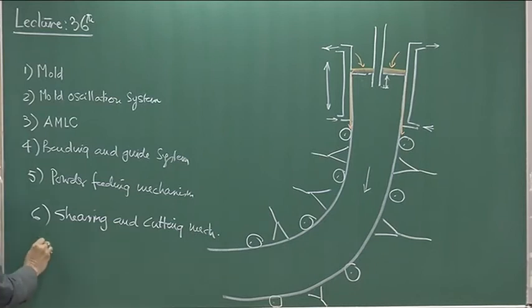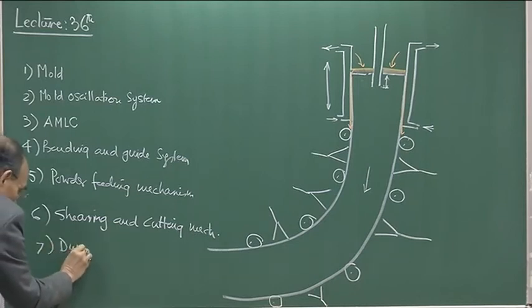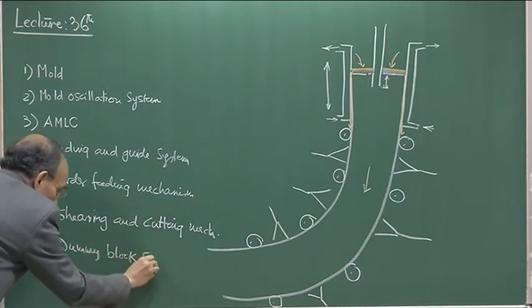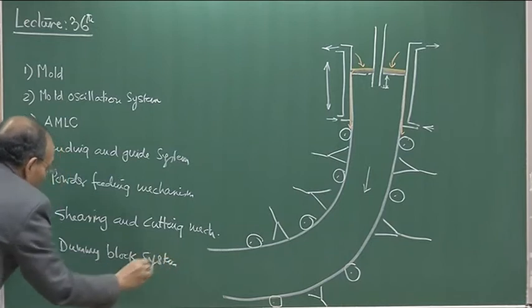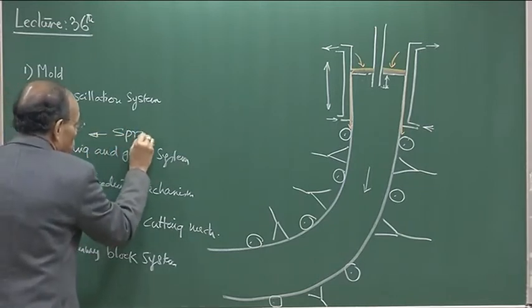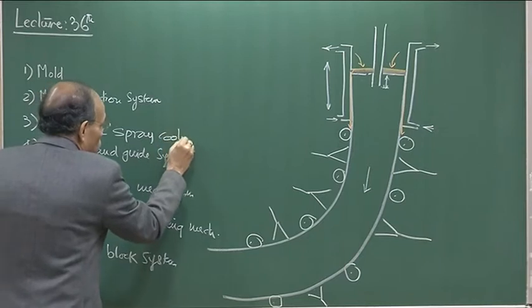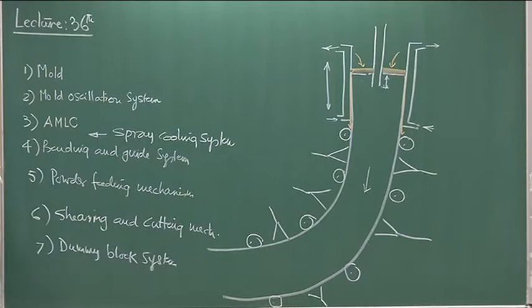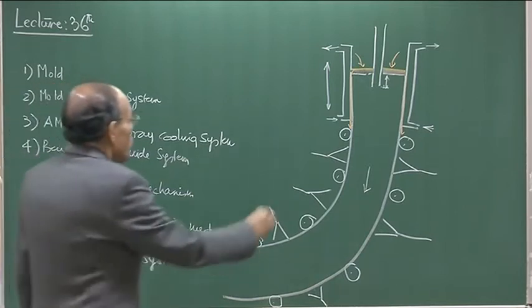The dummy block system, as I have indicated. And I missed one, which is perhaps the most important. I would say that here itself I should have written the spray cooling system. So, there are altogether 8 very essential components of the continuous casting mold, starting with the copper mold, water